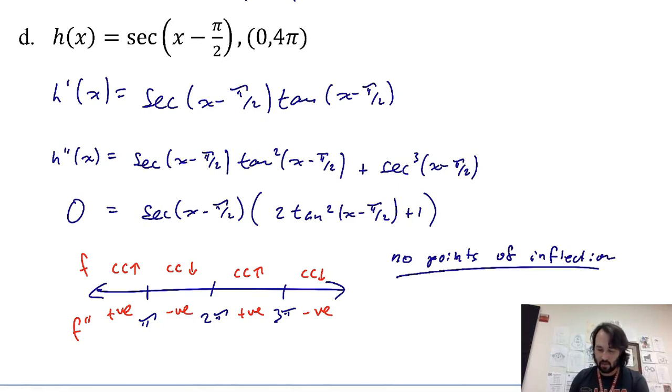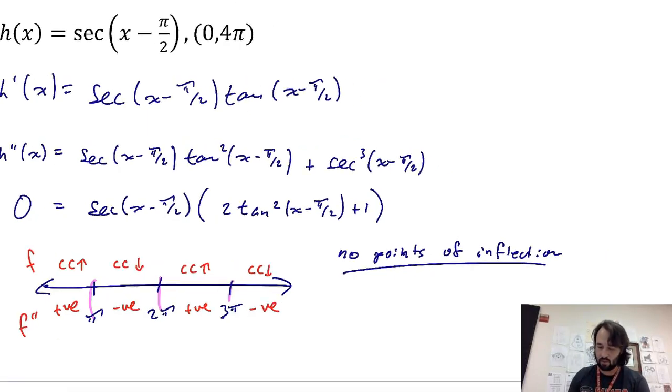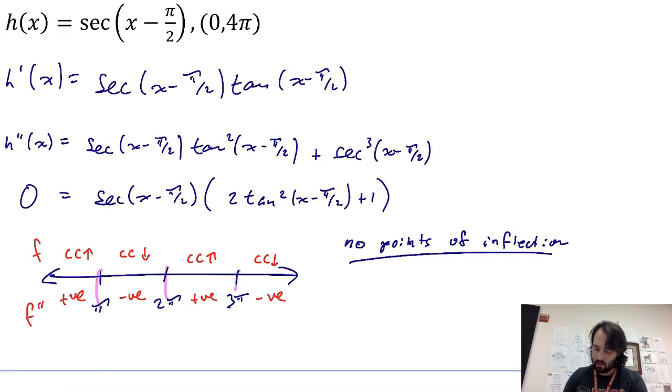And that is because I am undefined at these values. These are asymptotes. That's how I came up with those values that I'm checking around. So there are no points of inflection because f double prime never equals 0. And then I can state the intervals. I'm concave up, concave down. Concave up at